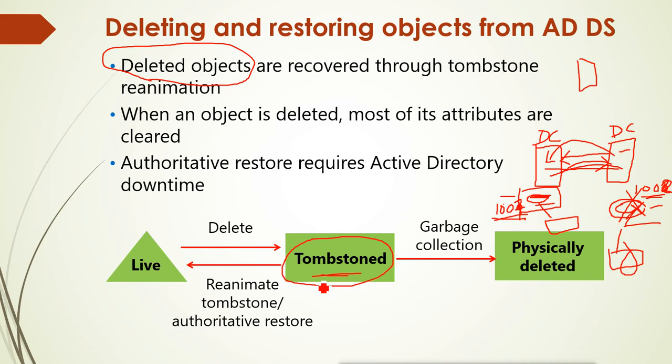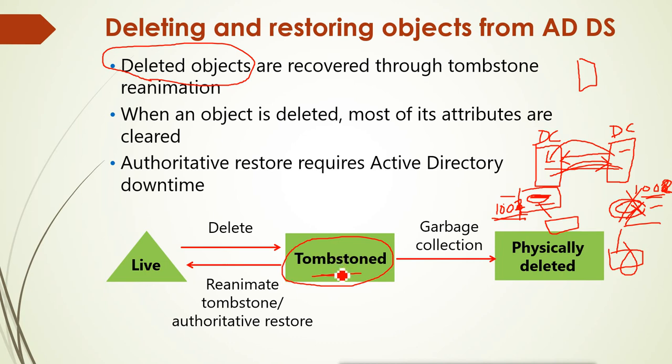Now we can still recover the user from the tombstone. Remember, the attributes will not be recovered, but the same UID of the user will be recovered. Now what is the importance of the UID? The UID may have all the permissions on different resources. So the user can be recovered, and it will also get access to the resources it had previously. So if we accidentally delete some user, we can still recover it from the tombstone.